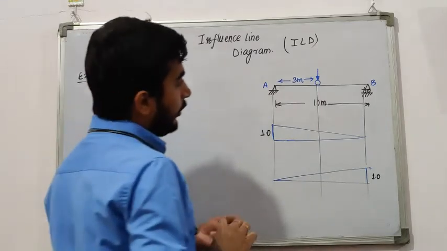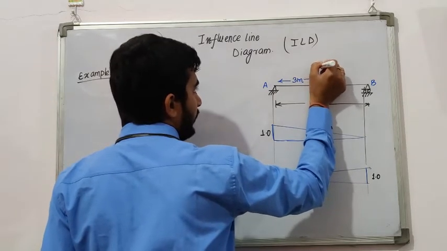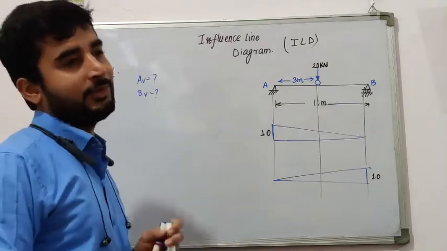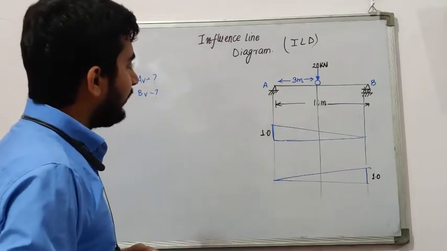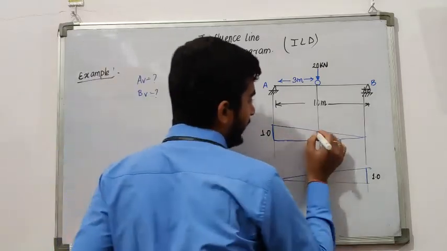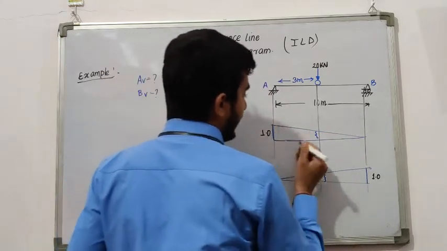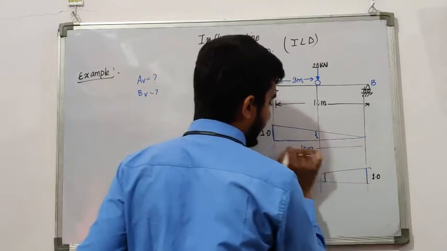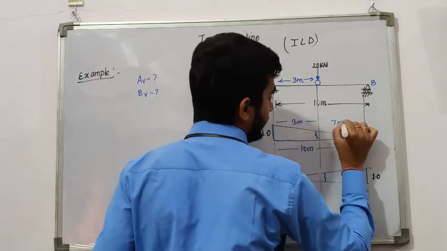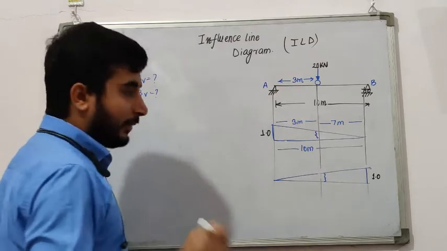Further, it is said that the load which is moving is, say, 20 kN. Find out the reaction forces at both the supports. What will I do? Just see first and then I will be explaining. I need to find these ordinates. So for 10 meter, this distance is 3 meter, so the remaining distance has to be 7 meter. So from the basic maths which we have studied,